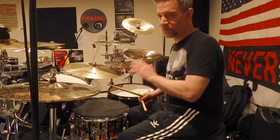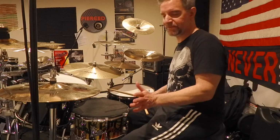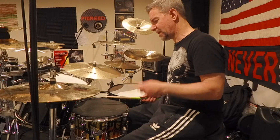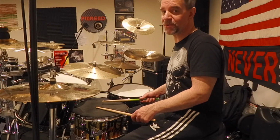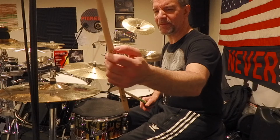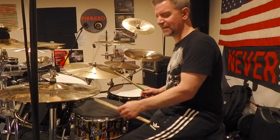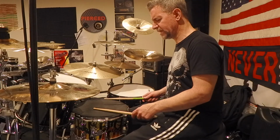Rim shots, which I do all the time. I play rim shots pretty much every song for everything I do in my metal band, Pierce. So everything's a rim shot, so there's a lot of punishment that my wrist could be getting. Whenever my sticks go, if you can see, they go right about here, where the rim actually meets the stick, and it's usually where I just split them. So again,